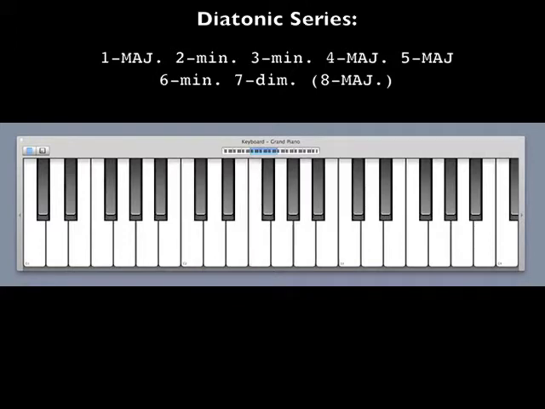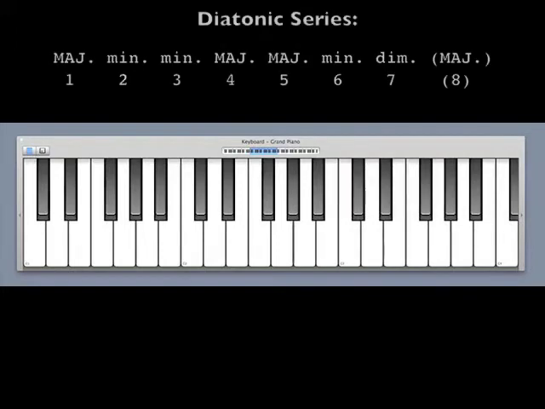The 5 chord, G major, major chord. The 6 chord, minor, that's A minor. And the 7 chord, a stack of minor thirds, B diminished. Back to the root or tonic chord. Again, it's major, minor, minor, major, major, minor, diminished,